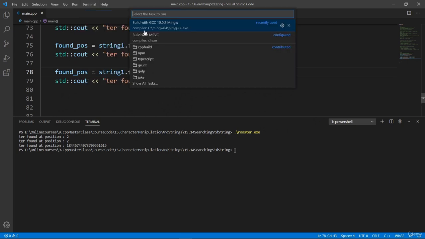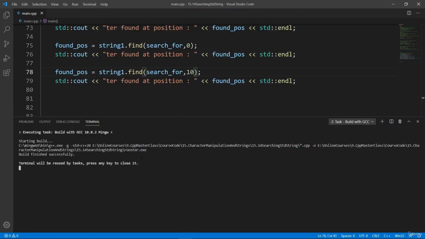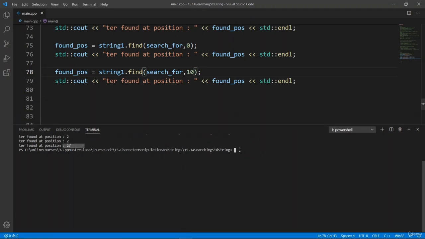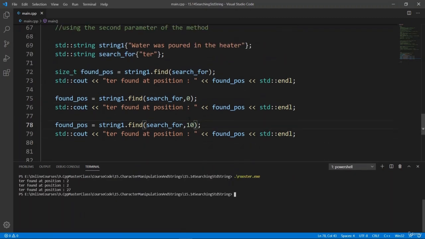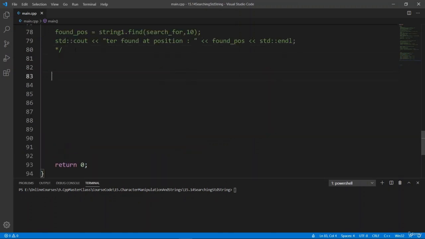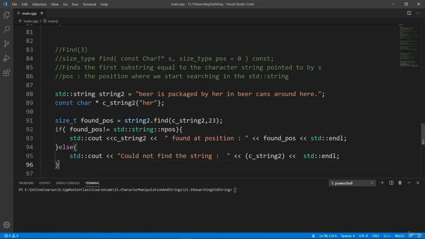Let's try and build with GCC again. We are going to clear and run rooster. We're going to find it at 27 again. So this is how you can specify your own starting index where things are going to be searched for. We are going to comment this out. Let's do that. The next thing we're going to see is that it is also possible to find a C